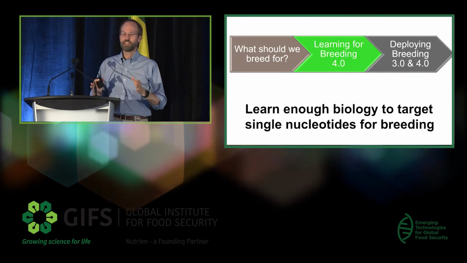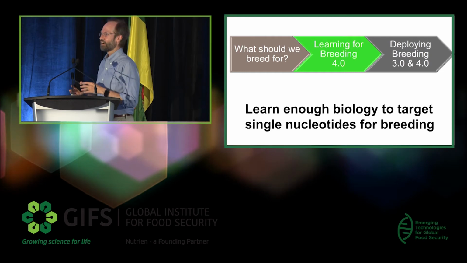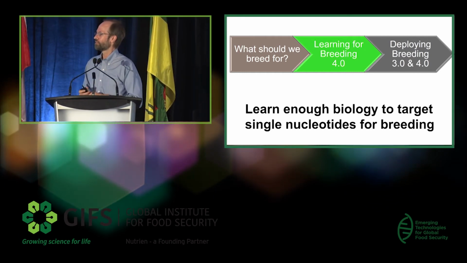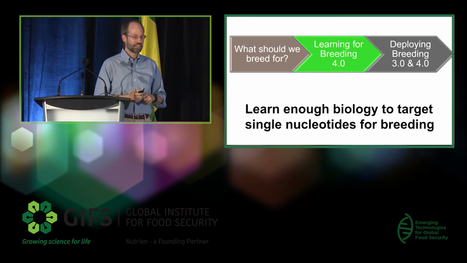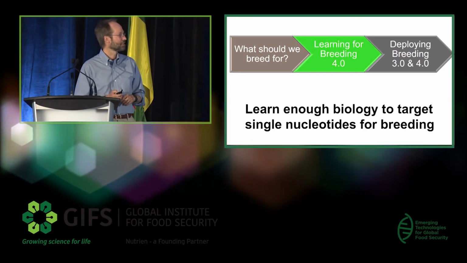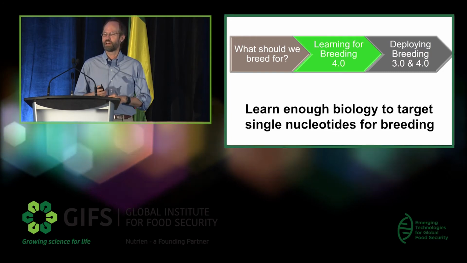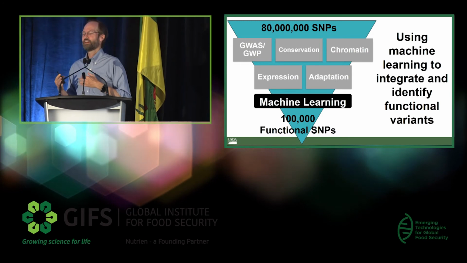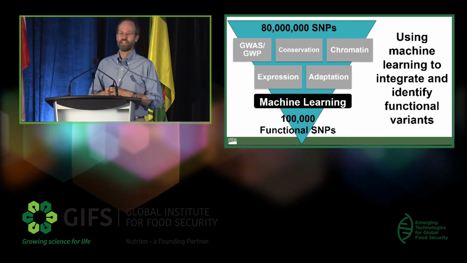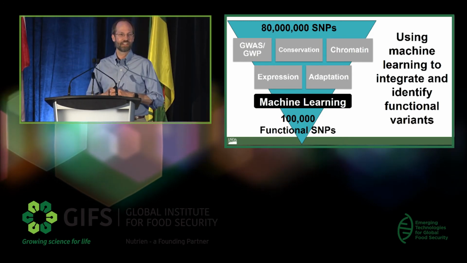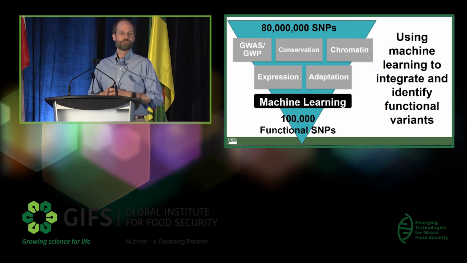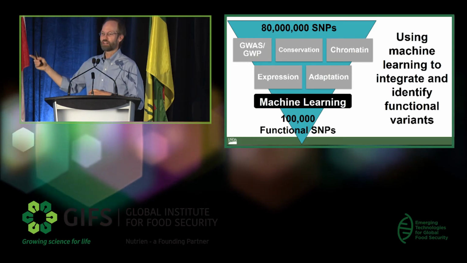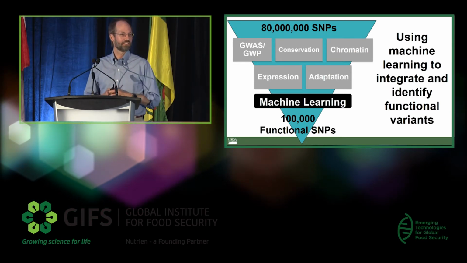Okay, so I want to change gears here and talk about some of the technologies that we've been using to essentially accelerate breeding to go to, say, some of those last 3 or 4 targets. And I want to talk to you about how we're using some technologies to identify the nucleotides that are necessary for breeding. So as a maize geneticist, I started out with this world. I've got 80 million genetic variants out there segregating across my breeding pools, and I need to figure out which 100,000 I should go manipulate and modify and make it so that each variety is adapted to the needs